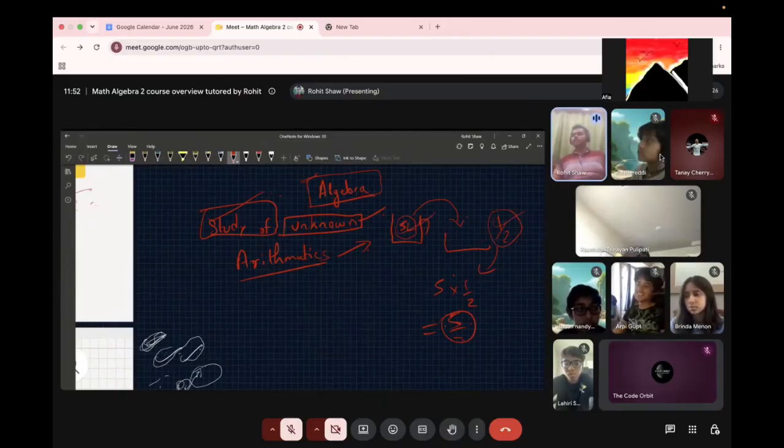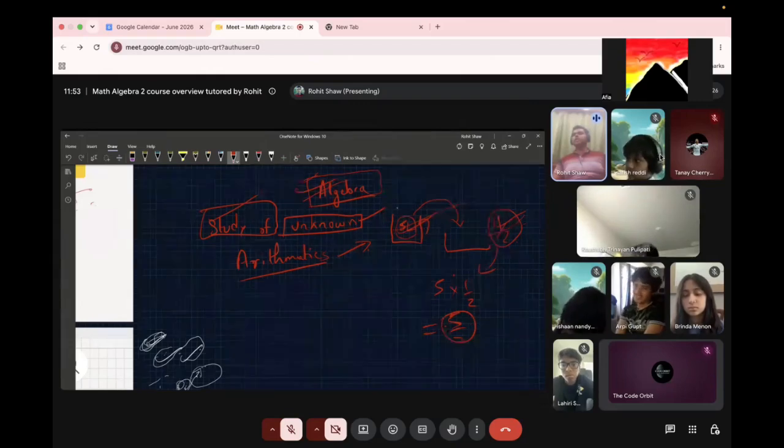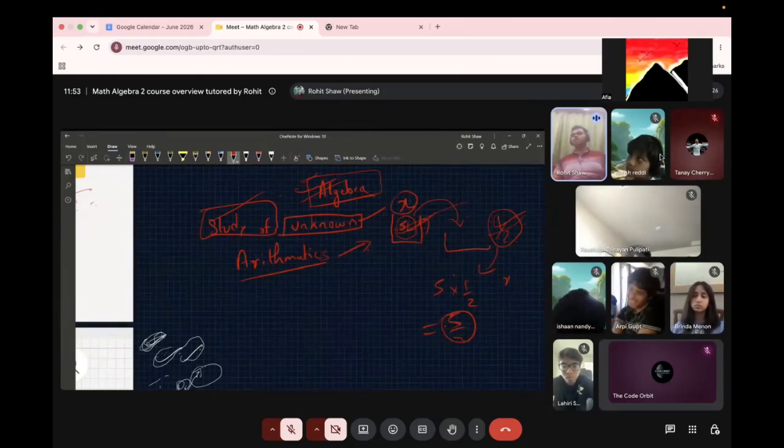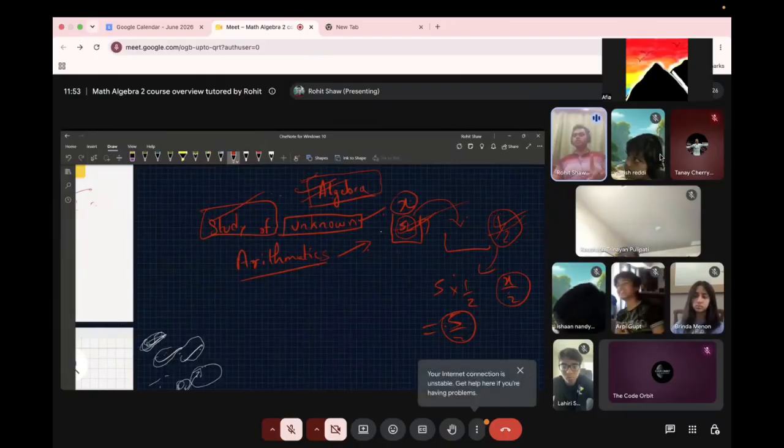In arithmetic, we know what the data is beforehand. In algebra, we don't know. So what is the solution? We assume that it has x quantity. Half is being poured, so half is remaining. X upon 2 is remaining. So algebra is the study of the unknown. Algebra provides a framework